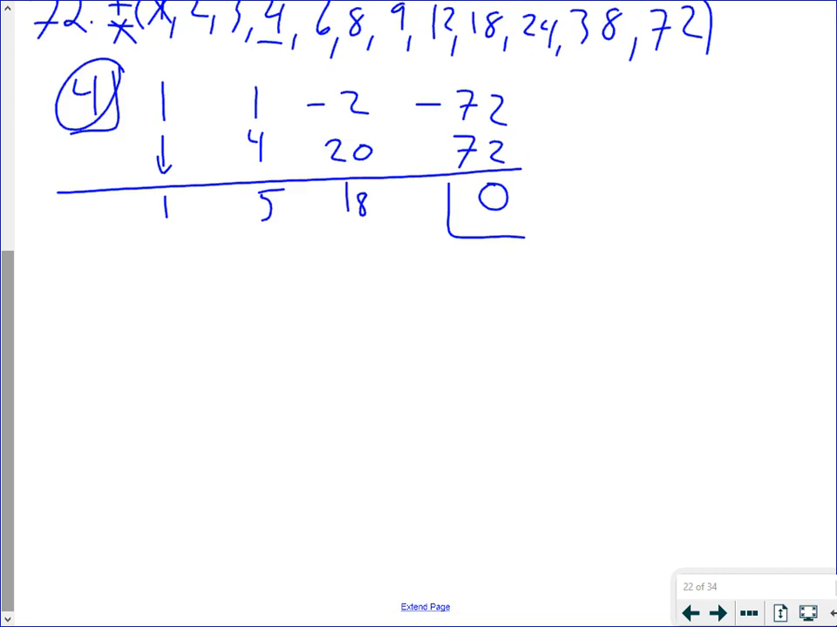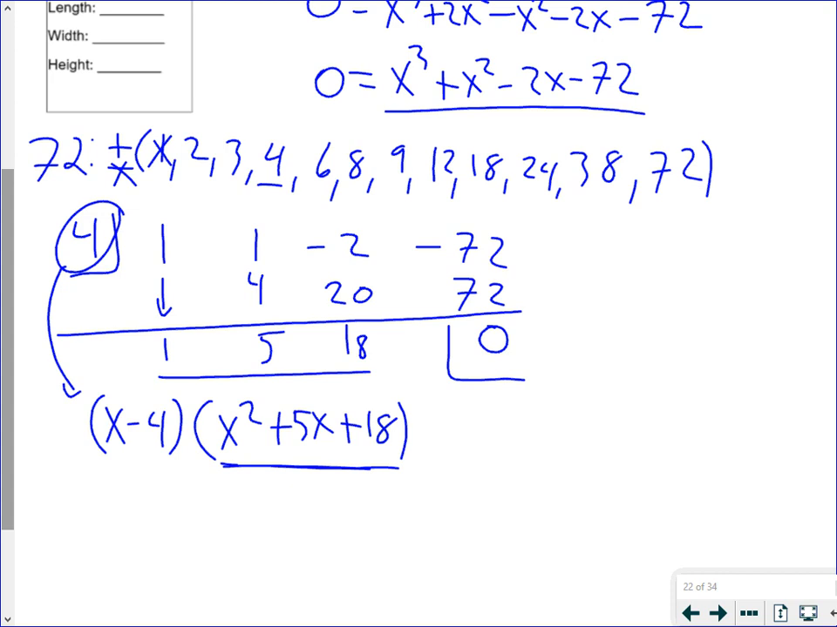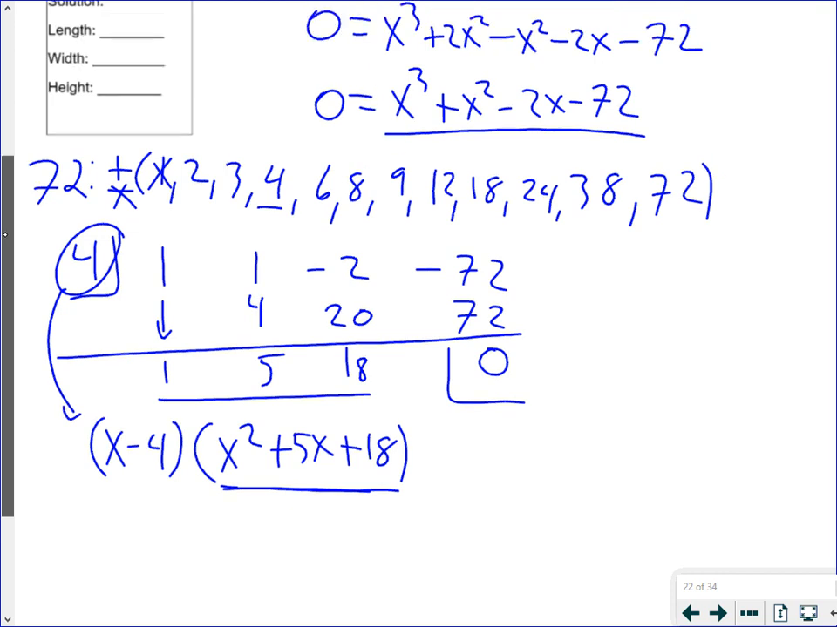So our factored form will be x minus 4. That's from our 0 over here. And we're going to multiply it with our quotient right there, x squared plus 5x plus 18. And we can see that x squared plus 5x plus 18 doesn't factor out anymore. There's no factors of 18 that add up to give you 5. Okay? So what we're going to do instead is take that 4, because we don't have any other possible answers, and plug that in